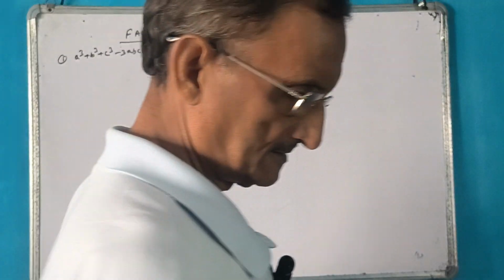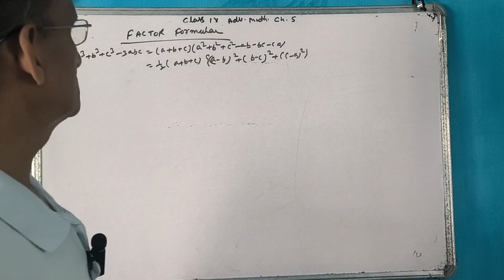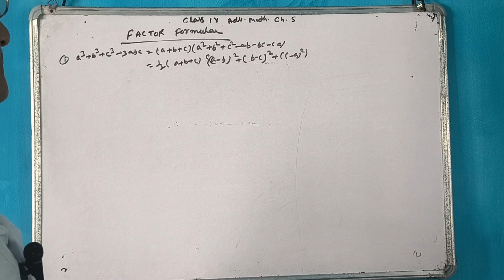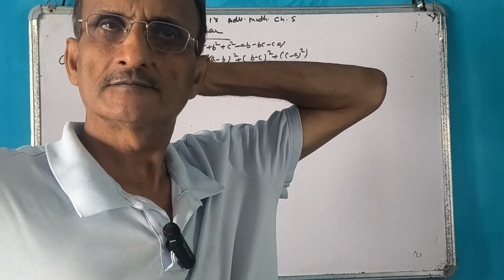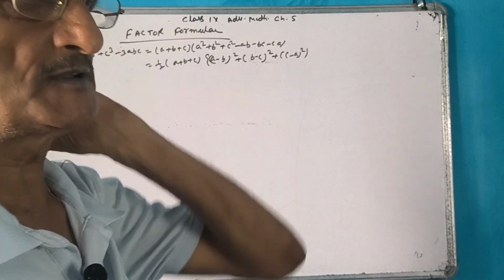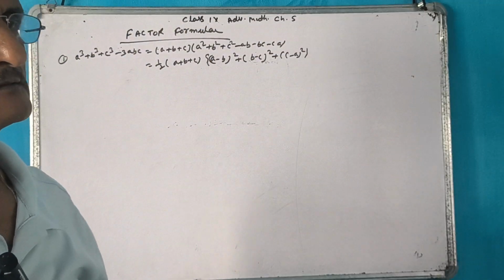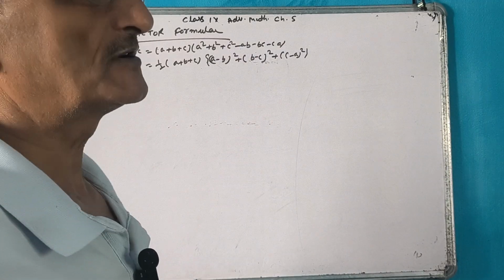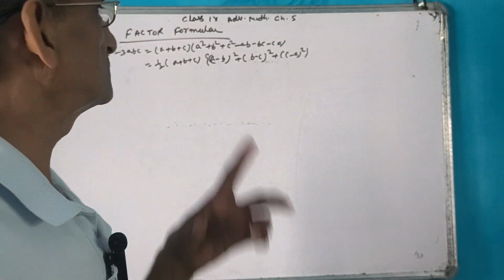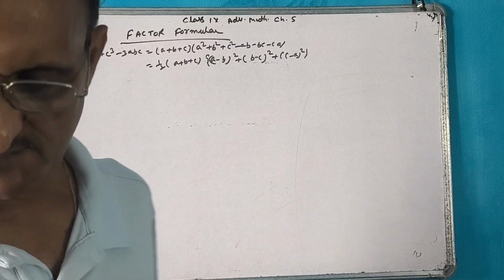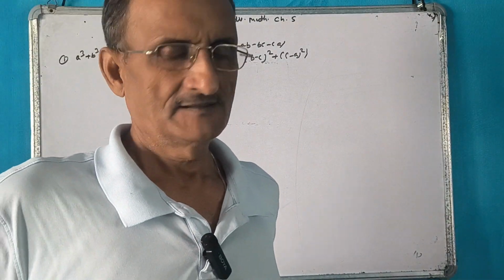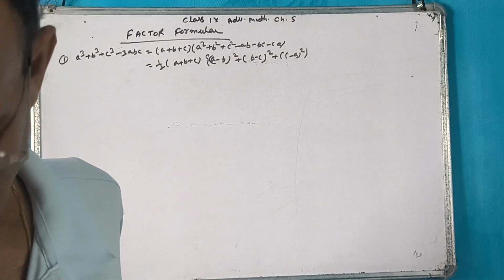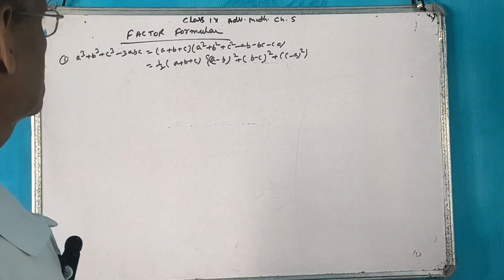Today we have already started chapter 5, class 9 advanced math. We have already done the binomial formula, expansion of binomial expression using Pascal triangle, and special product type formula. Today we will start the factor formula, special harder factor. Nothing is harder here, but the chapter name is given harder factor. So today we will start factor formula.